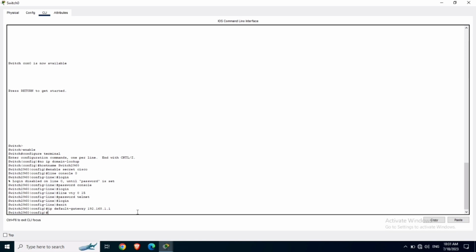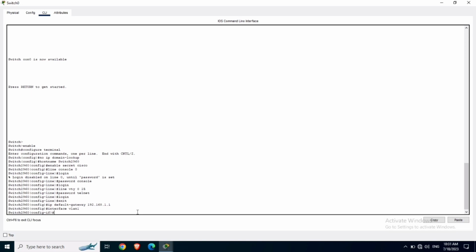Now I am going to assign an IP address on the interface VLAN 1. To configure your switch remotely, you need to set the IP address on the VLAN. Now right here, interface vlan 1, hit enter. Now we are on the VLAN. To set the IP address, we have a very simple command: ip address